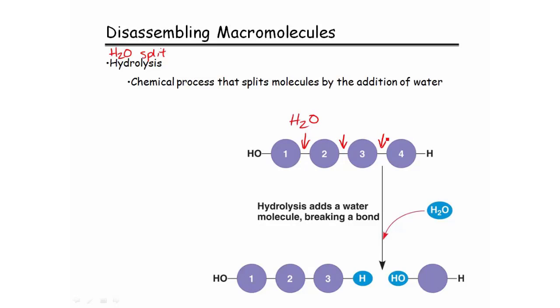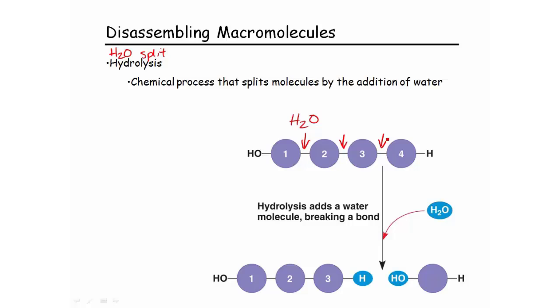You want to make sure that you're familiar with the type of reaction that is used to assemble polymers. That would be the dehydration reaction. You want to understand that in that case a water molecule is removed. And then we also want to know the reaction that's used to take these macromolecules apart from each other. So that would be the hydrolysis reaction. And in that case, we're actually forcing a water molecule back into the links to actually break the subunits apart